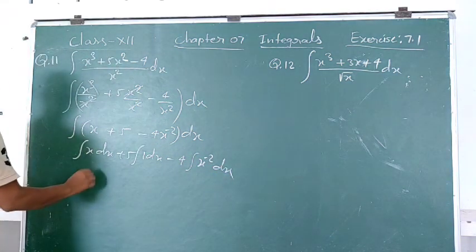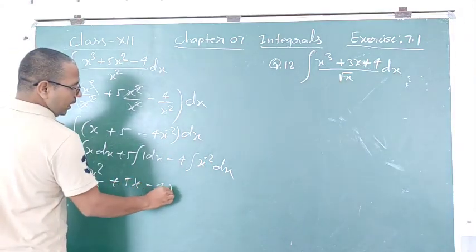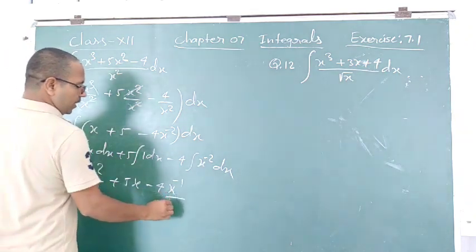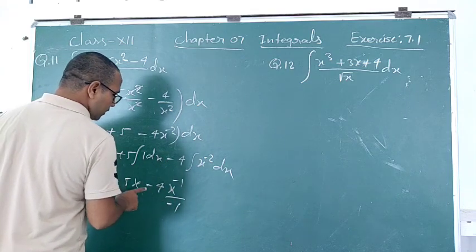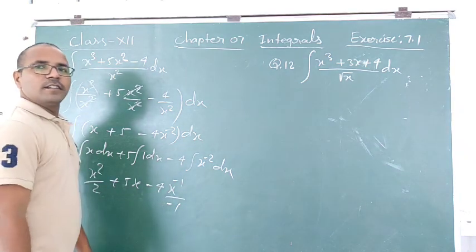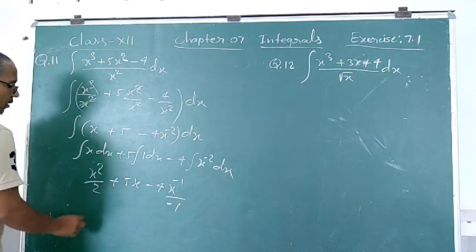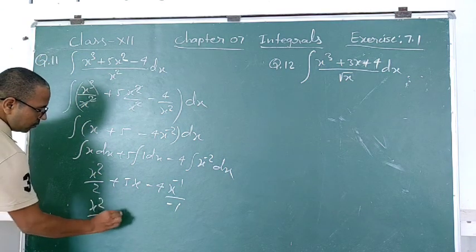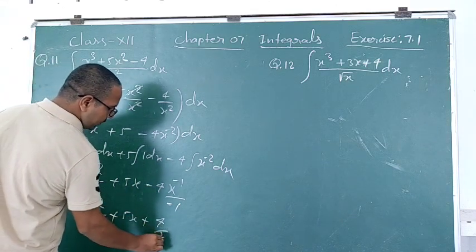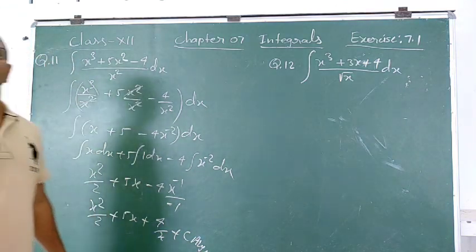So now integrate this one, how much will you get? x square by 2 plus 5x minus 4, x to the power, how much will you get here? Students, minus 1 upon minus 1. This minus and minus will make it positive, and this x to the power minus 1 will come in the denominator by using a to the power minus m is equal to 1 by a to the power m. So x square by 2 plus 5x, minus and minus will give you plus 4 by x, and adding one constant c, this much is your answer. Clear? So very simple, students.